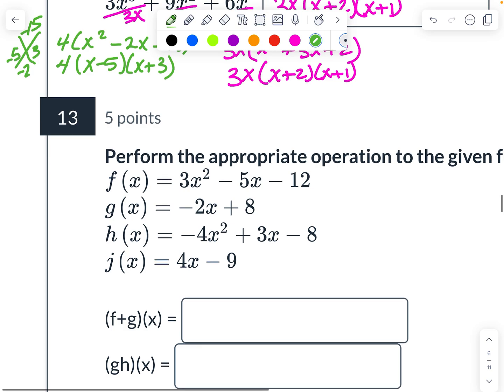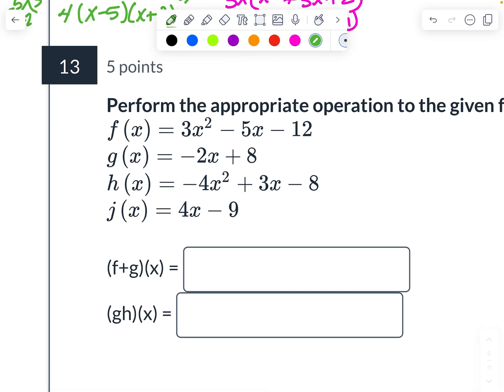Alrighty. Moving on. Okay. F plus G. So we are going to take F, and we're going to add it to G. So when we take F and we add it to G, I guess I'll write this out because people